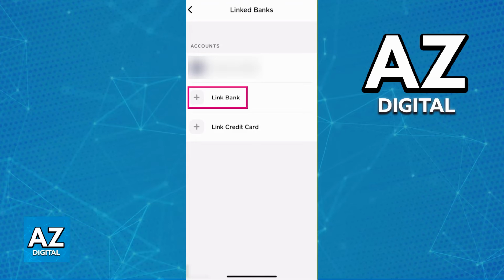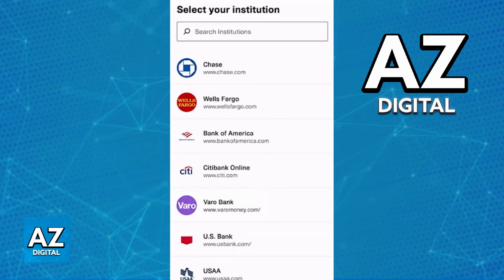This is going to allow you to browse through various institutions, including Wells Fargo, and you either select Wells Fargo and sign in with your account, or alternatively, enter the Wells Fargo bank routing and account number manually. Once you include those details, the bank is going to be linked to Cash App, and now you can add cash or cash out from Cash App to Wells Fargo. But the opposite, where you want to add Cash App to Wells Fargo, cannot be done.